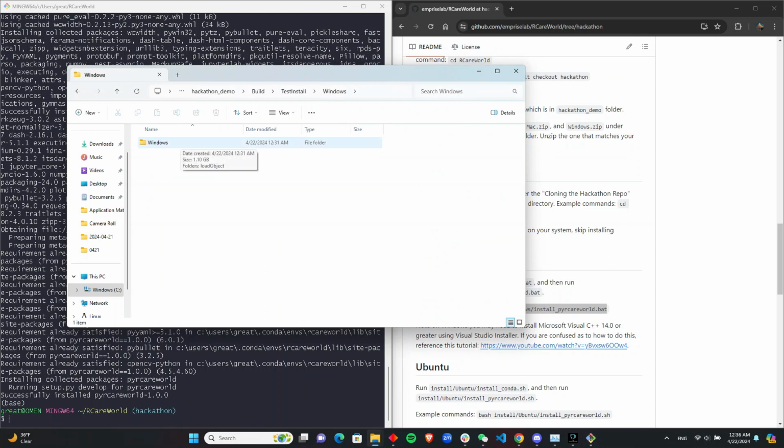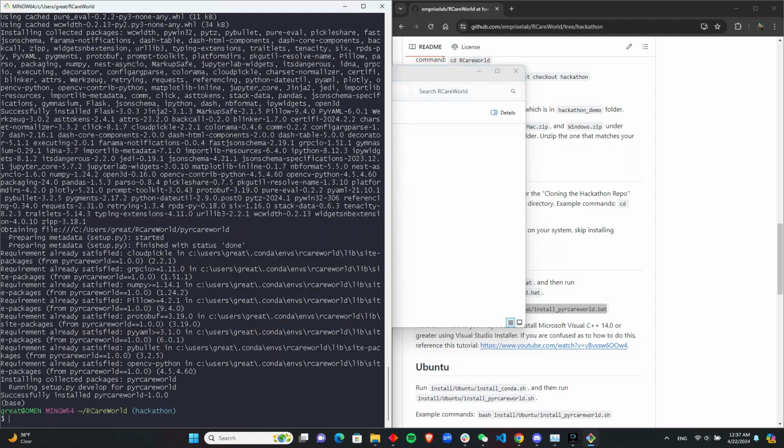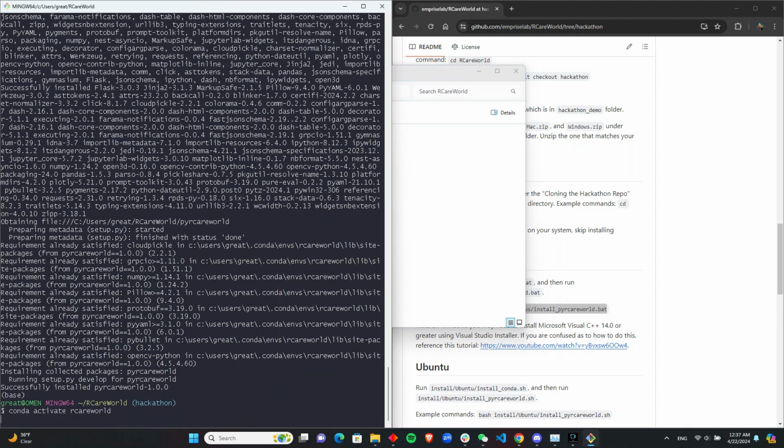So what happens on Windows when you extract it is that Windows actually creates a double folder. So what you're going to want to do is cut this windows folder inside of the first windows folder and just paste it into the folder that all the zip files were in. Then you want to activate the conda environment. So you go conda activate RCareWorld,